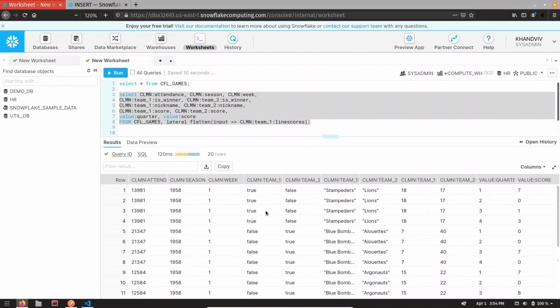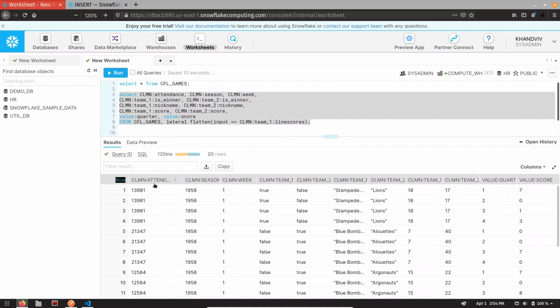Now let me show you 2 more things. First is alias. In the names of these columns we are getting the full path. We don't want that, so we can simply alias this using as, and give the name.